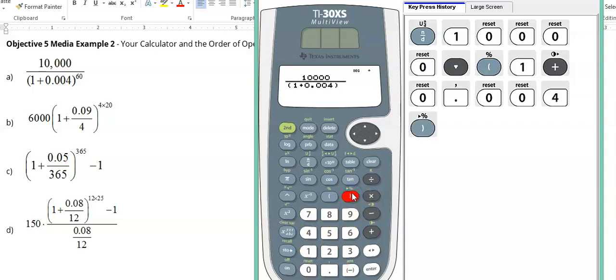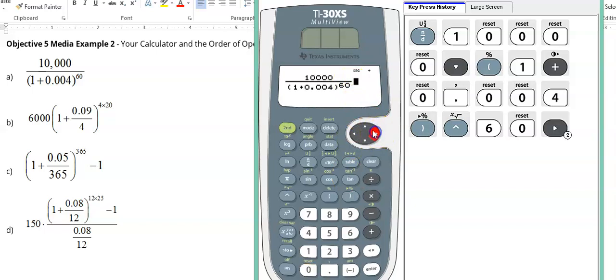Close the parentheses, and to raise this to the 60th power, I hit the caret. Notice the cursor moves up. I type 60, and then it's good practice in general. Just use the right arrow until you're completely out of the expression before you hit enter. Okay, and this result is